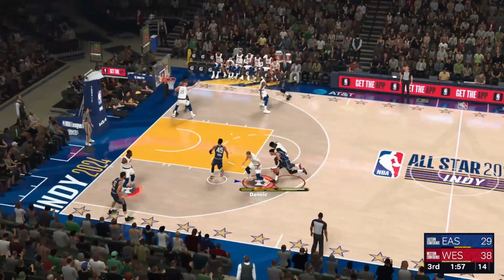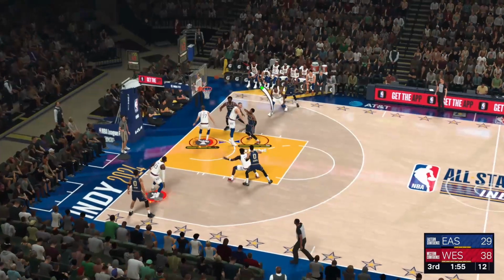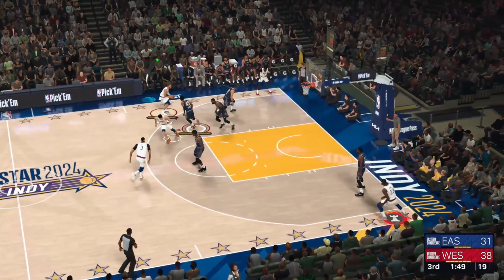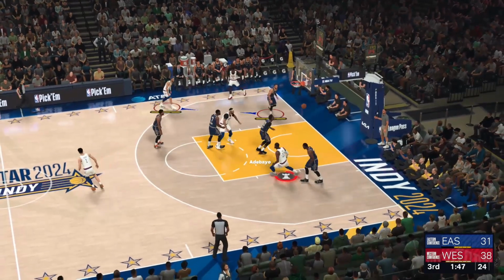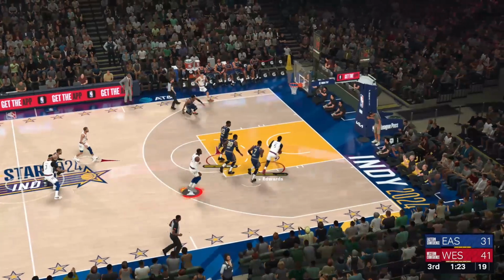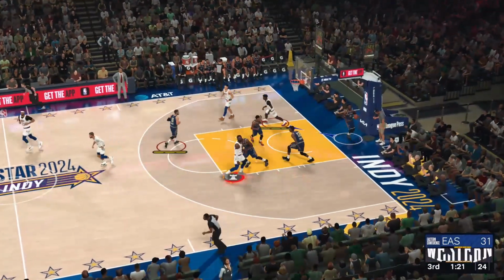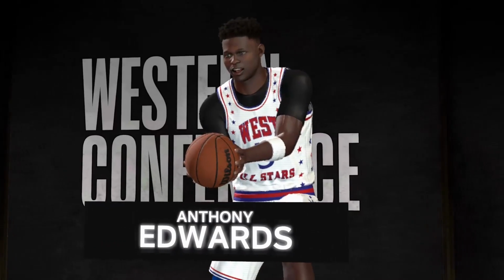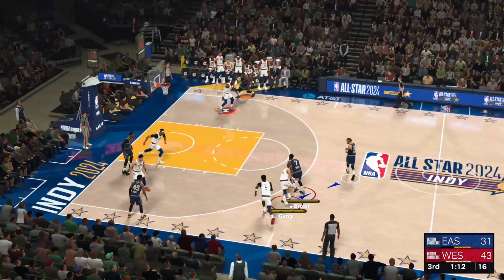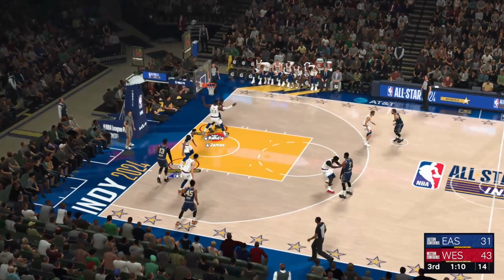Burton outside to the paint. Here's Mitchell, the East All-Stars. And then for the East, Bam Adebayo's checked in for Embiid. Julius Randle comes in for Jayson Tatum. Edwards drives in, and Edwards with the stop. Edwards is a load to stop on the bounce simply because he's got a football player's build. Down by 12. Passes it to Randle.